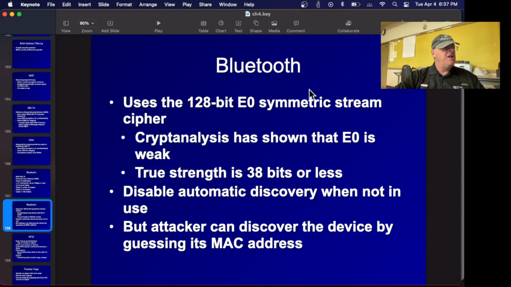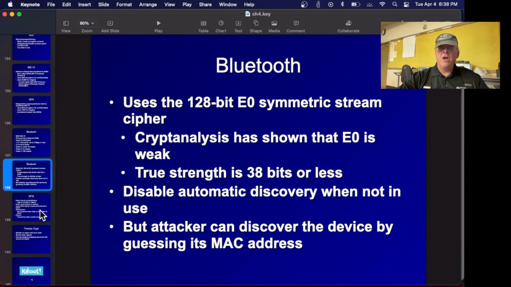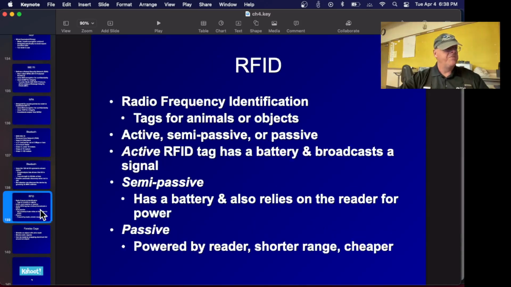And it uses a symmetric stream cipher called E0, and this turns out to be a really bad idea. It has a 128-bit key, but in fact the real strength is only 40 bits or so, which is very much like WEP, a similar problem. You could in principle have a 128-bit WEP key, but it didn't have as much security as you think it should have, and so Bluetooth is considered relatively insecure. I'm not sure if the later versions have fixed this yet.